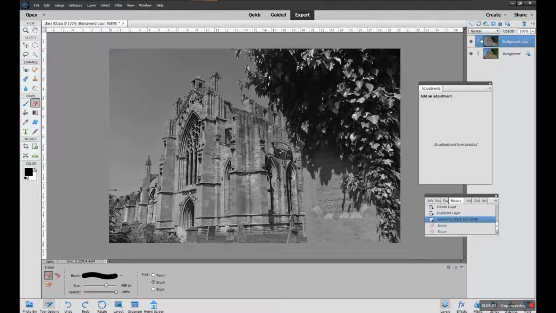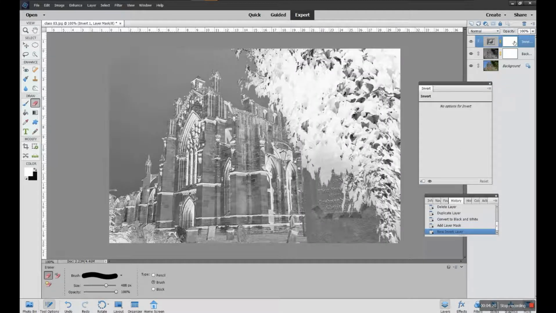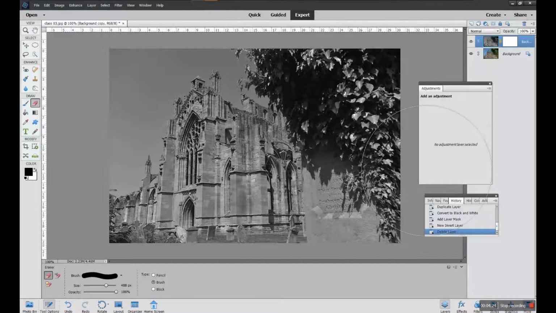But if I add a mask, all I have to do is make sure I've highlighted the background copy layer, go to mask and say add layer mask. I now have a mask which is the same as I had when I went into invert or any of these. Remember, there was a mask. So let's drag that back out. Just like with the previous options, I'm going to go back to paintbrush,